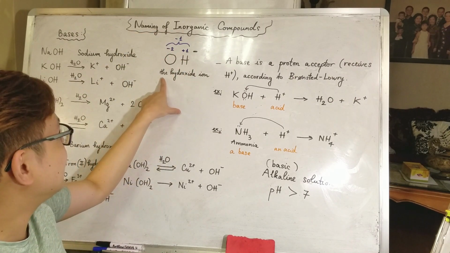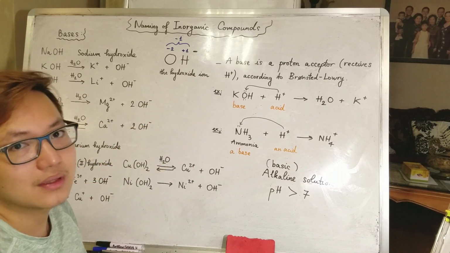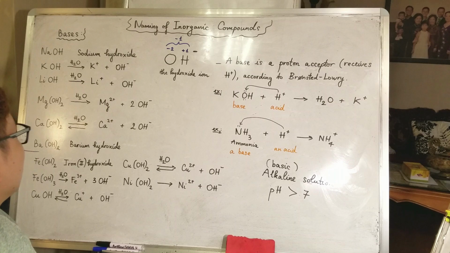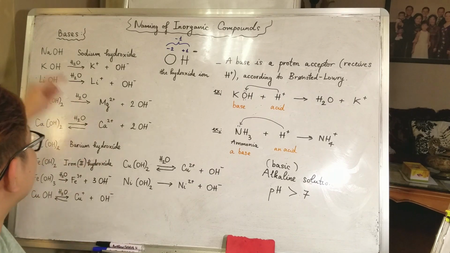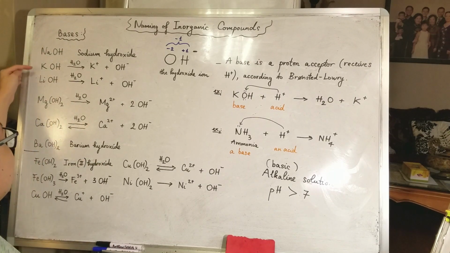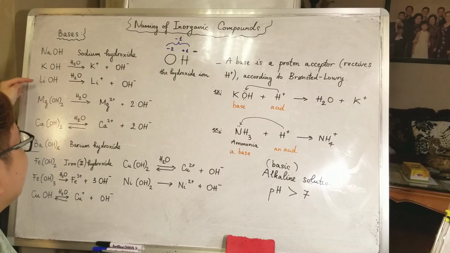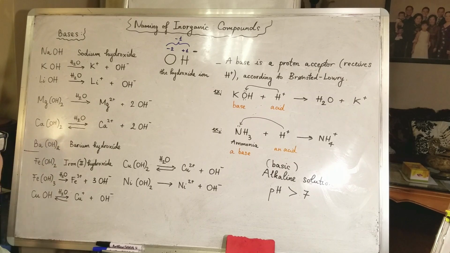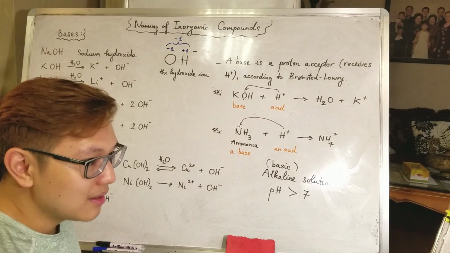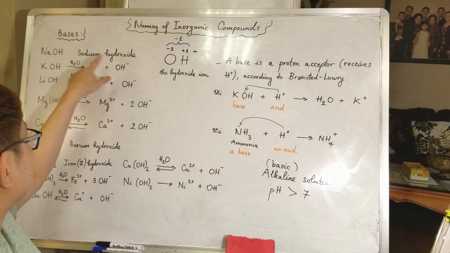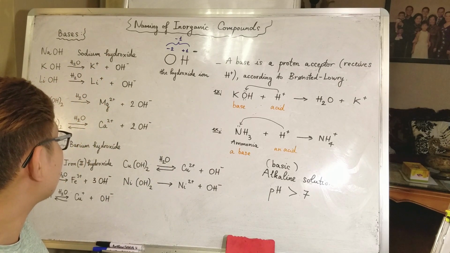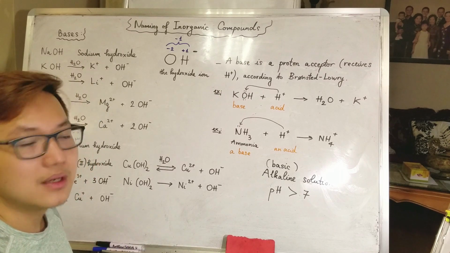We call it the hydroxide ion. Okay, so we have a few common ones here: sodium hydroxide, potassium hydroxide, lithium hydroxide, magnesium hydroxide, calcium hydroxide, barium hydroxide, and so on. So I already listed for you some equations here, but I'll talk about it later. Okay,